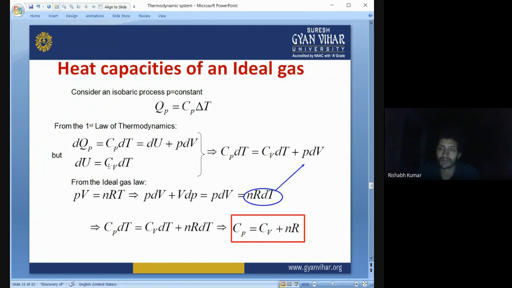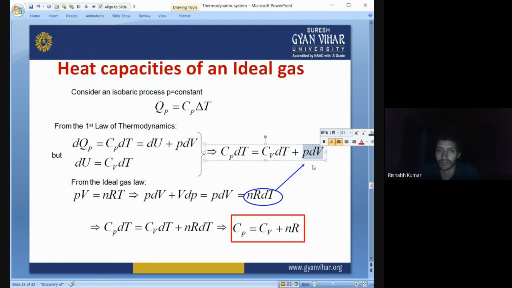But we know from the isochoric process that the change in internal energy is equal to Cv dT. Cv means specific heat at constant volume, right? So for an isochoric process we get this expression dU equals Cv dT. So in place of dU you can place Cv dT, and we know PdV is work done, and it is equal to